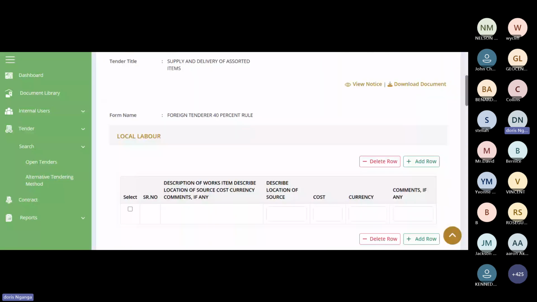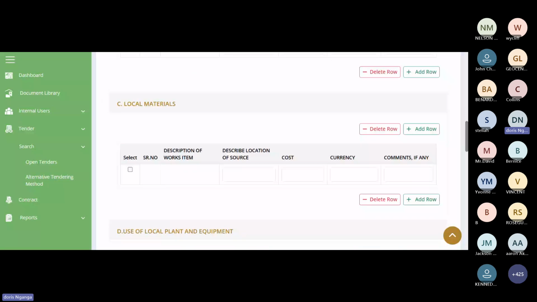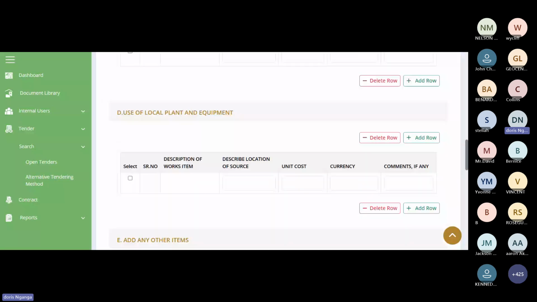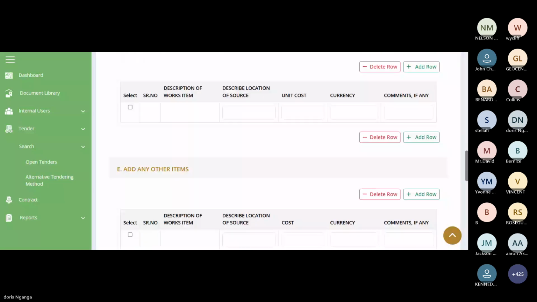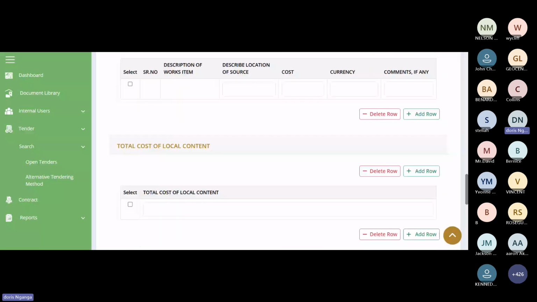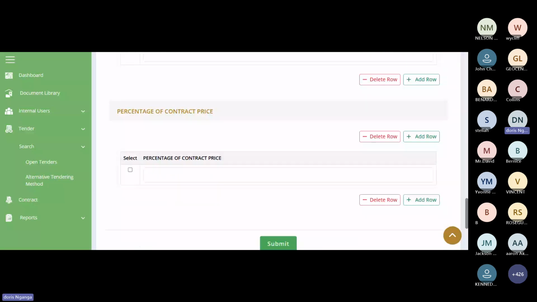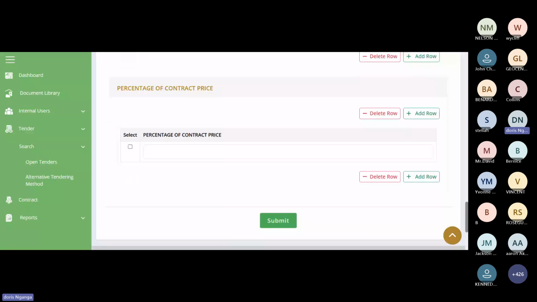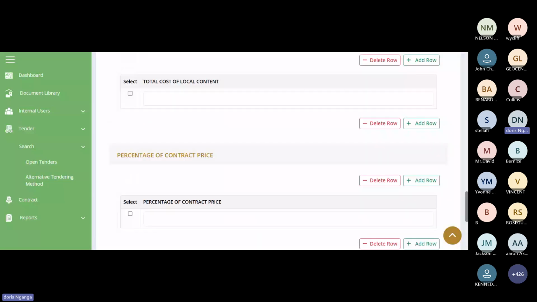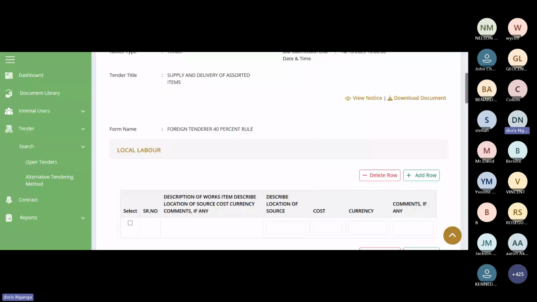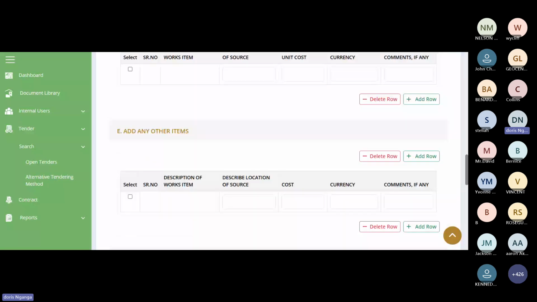But if you are a foreigner who is doing bid submission, you will be required to fill these forms as we were doing in the manual system. But for you who is registered in Kenya, you do not need to fill the form for 40% rule. This does not apply to the local companies or the local suppliers.